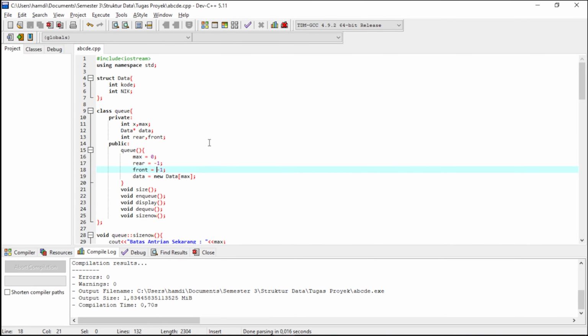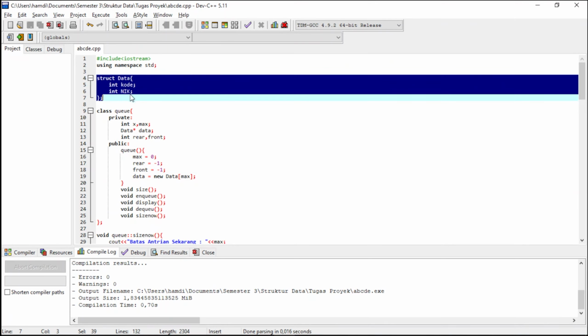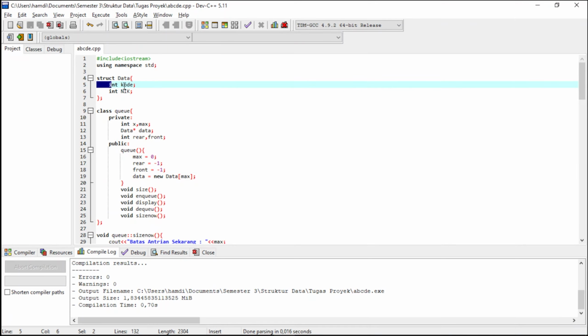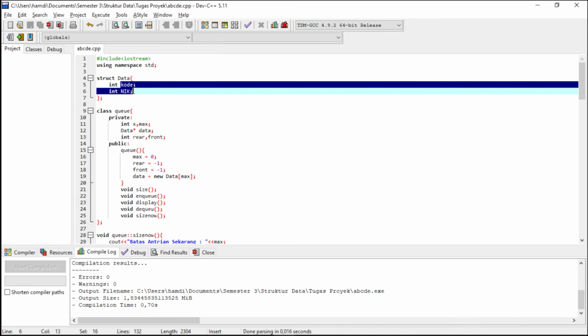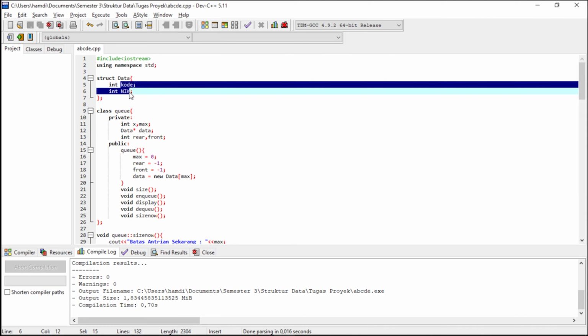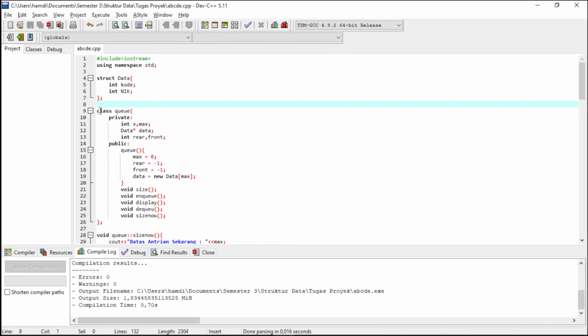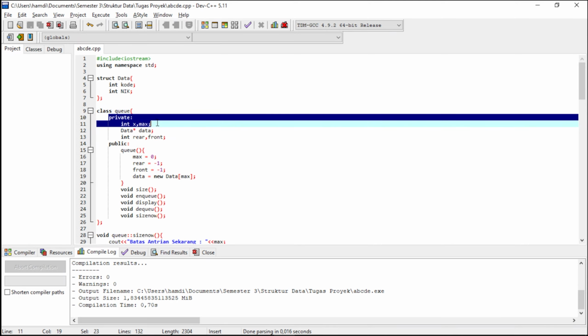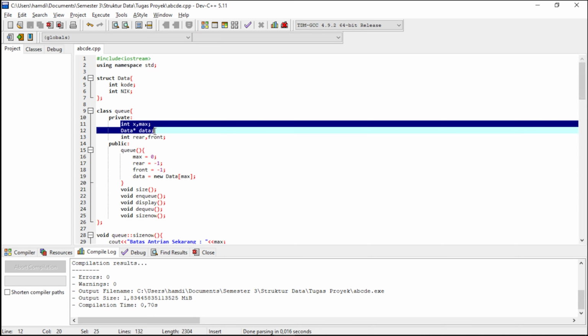I will explain the program. First, we have struct data. In the struct data, we declare the code and nick with data type integer. And then next, class. The name of object is queue. And then we have private. In the private, we declare again